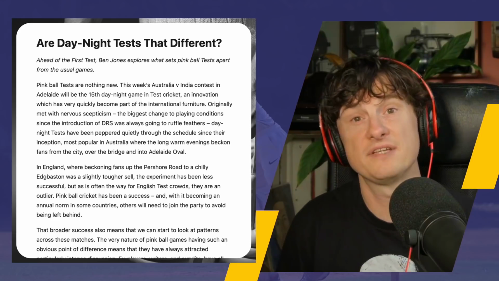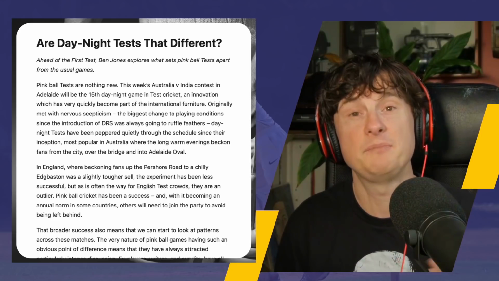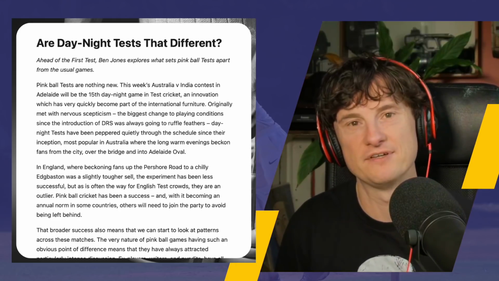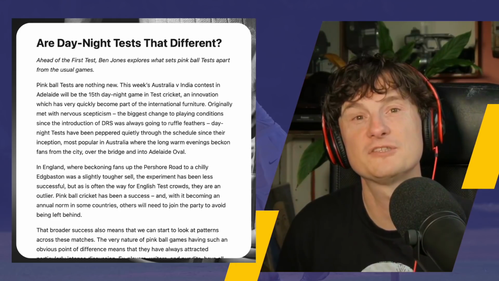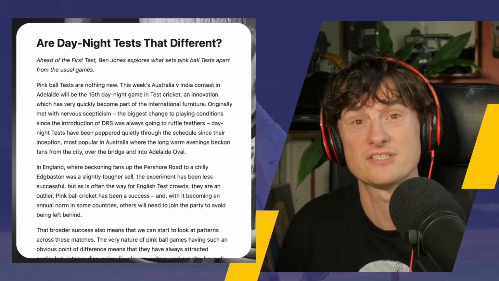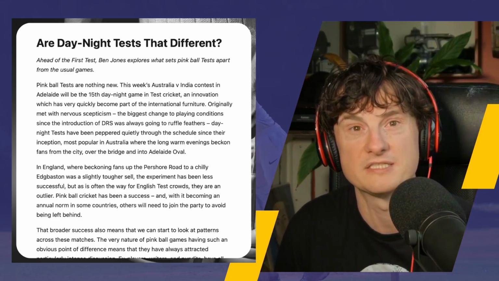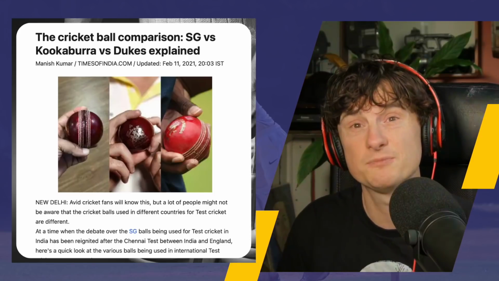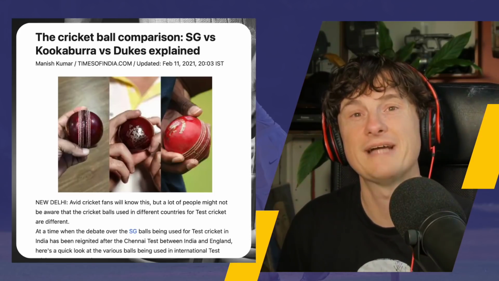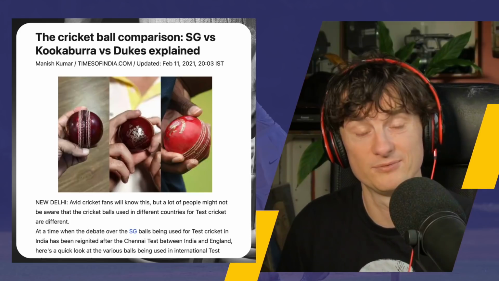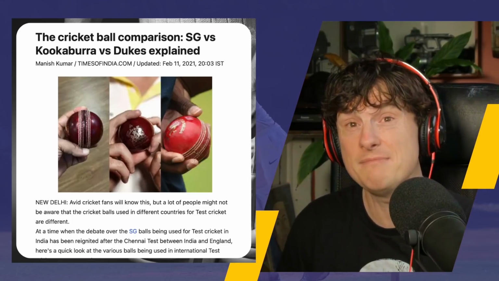And I wonder just how much of this is small sample size, and the fact that the pink ball moves quite a bit early on, although it shouldn't always be a new ball in every first session outside the first day. It could just be that teams collapse a lot, because teams collapse a lot at the moment, and it's only 17 matches, so it's a bit more than you'd expect. And I've got no doubt that at certain times the pink ball is hard to play. But so is the Dukes, and two nations use that, and that little thing sometimes swings all day. The pink ball certainly doesn't do that. It doesn't seem that much either.